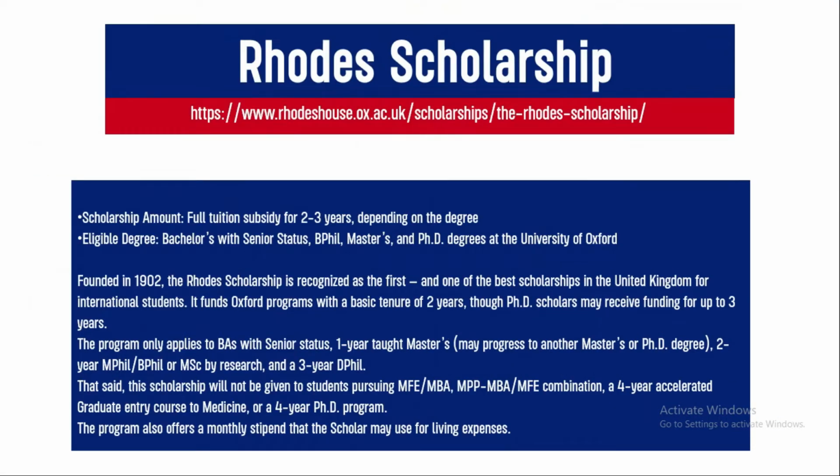The first scholarship I'm going to be talking about is the Rhodes Scholarship. This is the link if you want to apply now: rhodes.ox.ac.uk/scholarships. The Rhodes Scholarship is a full tuition subsidy for people that are studying at the University of Oxford. Like money they will give you. It's a full tuition subsidy for people studying at the University of Oxford for 2